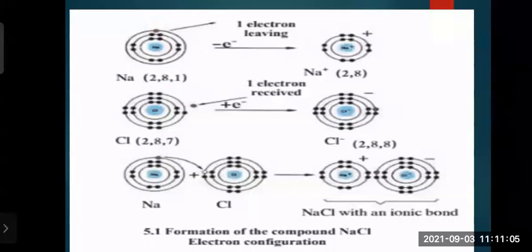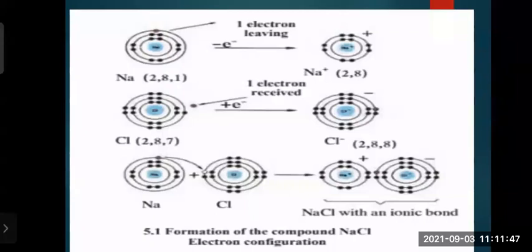Salt NaCl, your daily household salt with which our food tastes, your daily edible salt. The molecular formula of that salt is NaCl, and the name of the compound is sodium chloride. So figure 5.1 shows how this takes place, how the electronic configuration, how the sharing and donation of electrons takes place. At the very beginning of this figure, on the top of this slide, you can see